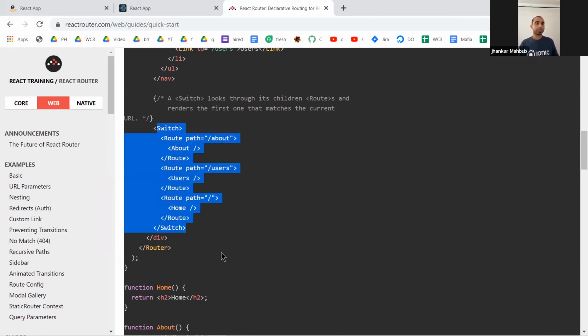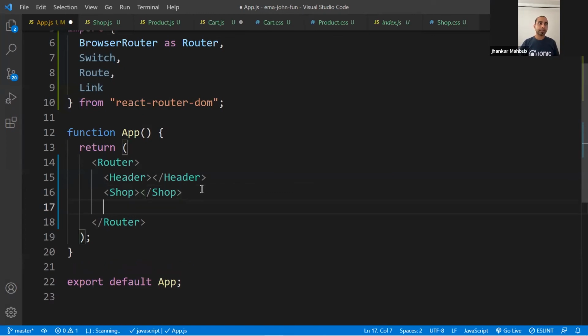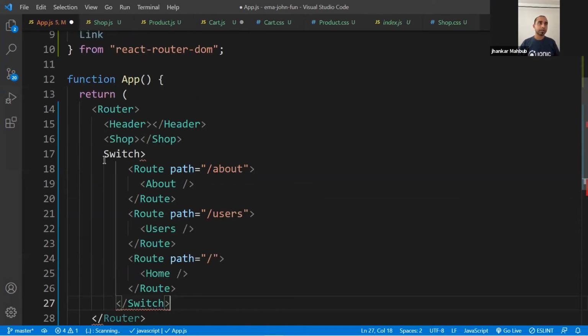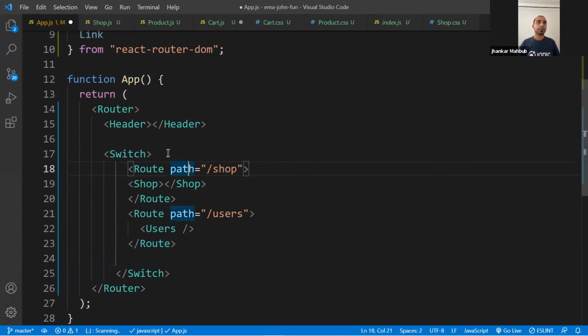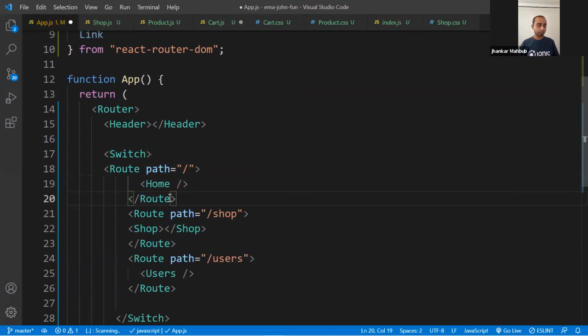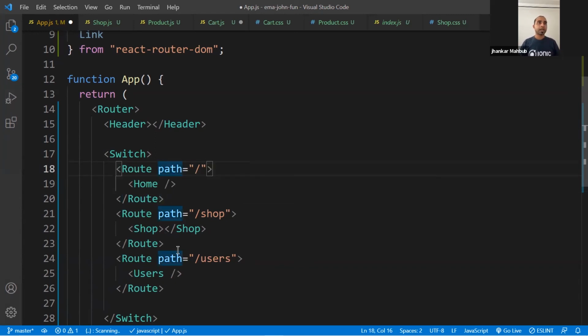So we can copy the switch here, and inside this, we say this is our switch. We need to copy it with this bracket. And when you are going to the shop path, we want to display the shop component. So we take out this shop, and when you go to the shop path, we want the shop component. There is another one, a home component. Some people have this as the root, or you can do a home component if you want. Let's format this. Okay, this is the shop, and some people put an exact here. If it is exactly this one, show the shop component, something like this.